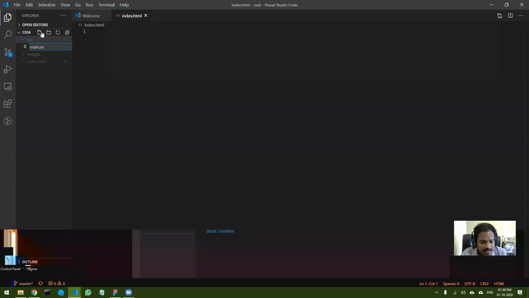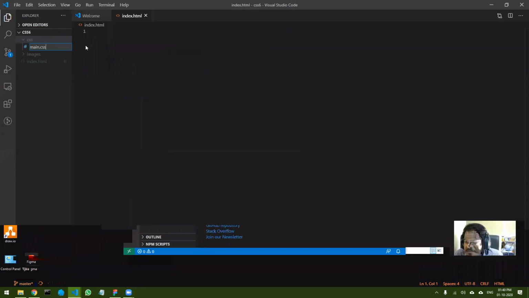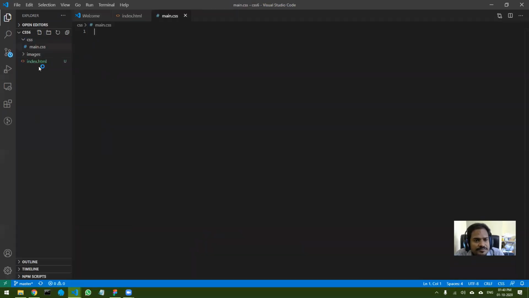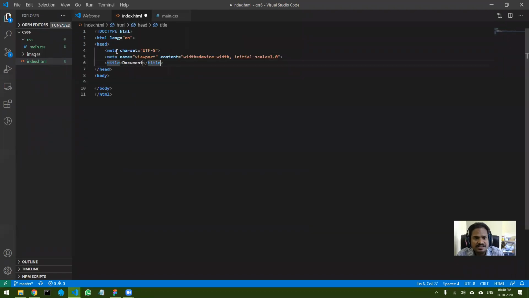Now some student in the feedback has said, sir, is it necessary to name the file main.css? It is not necessary. This is my way of naming it. You can name it whatever you want. Once this is done, let us open index.html, add basic elements, and then link my CSS.